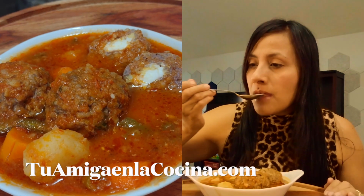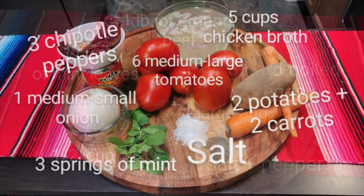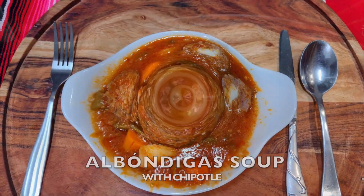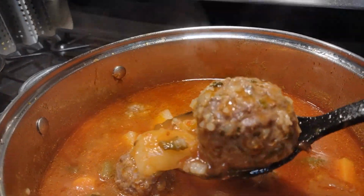tuamigaenlacocina.com. Today's recipe is very special in our Mexican cuisine. It's the authentic Mexican meatball soup with chipotle. Chipotle albóndigas soup. Today I'm gonna show you step by step how to make this unique and delicious Mexican meatball